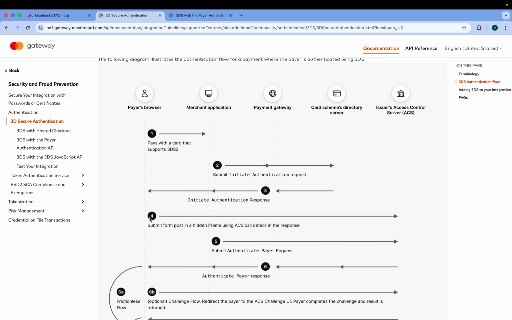Now this helps. So you can see there is a form post in a hidden iframe using ACS call data, which is directly submitted from the payer's browser to the issuing bank's ACS. So this helps in making it a frictionless flow over a challenge flow. As the more details the issuing bank has, the higher the chances it becomes a frictionless flow, which makes it a smoother payment experience. Once that is done, the authenticate payer request is submitted from the merchant application to the gateway,